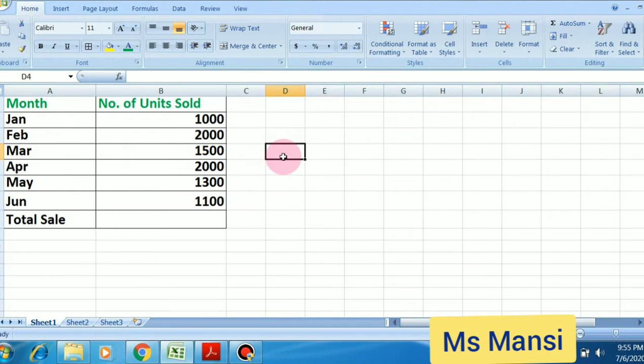So you can say this cell address is D4. Now tell me the cell address of this. F2. And this, D6. Okay, so these are cell addresses.